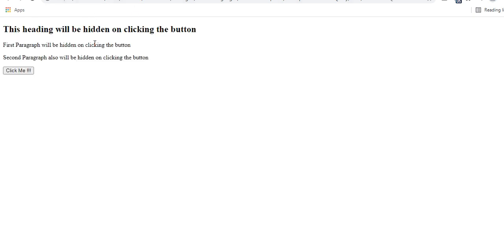Next one, see, the heading itself will go, everything is gone. And here if you click, the button itself is gone. These are all some events. So this is one, if you hover over your text field, the text field color changes. But see, it remains there. And when the mouse goes out, the color changes.